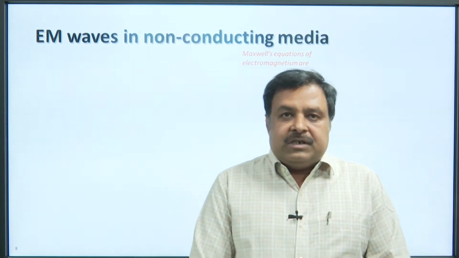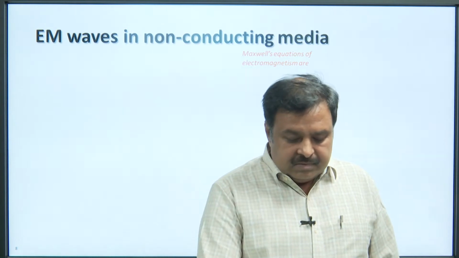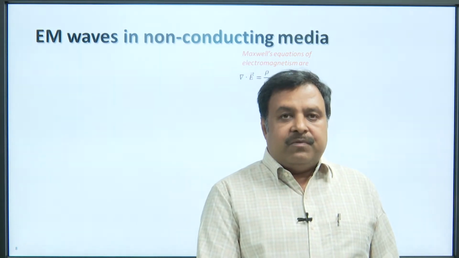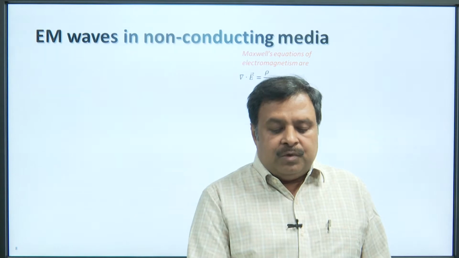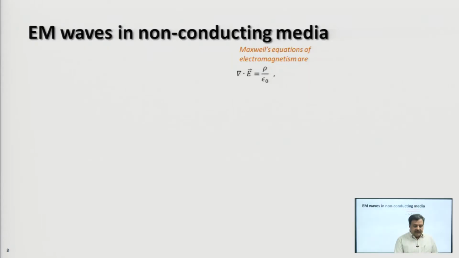So, Maxwell's equations of electromagnetism are these equations. Number 1, del dot E equal to rho by epsilon 0, where E is electric field and rho is volume density of charge, epsilon 0 is permittivity of free space, and the second equation is del cross E equal to minus delta B by delta T. This is Faraday's law of electromagnetic induction. Here B is magnetic field, T is time,